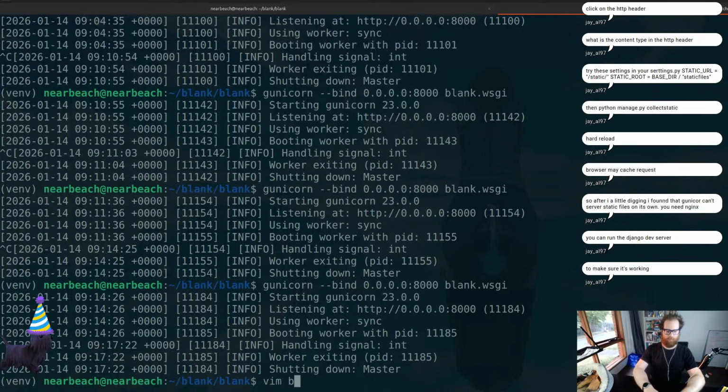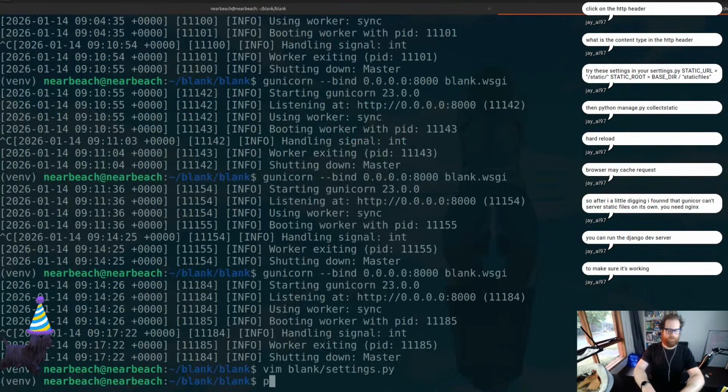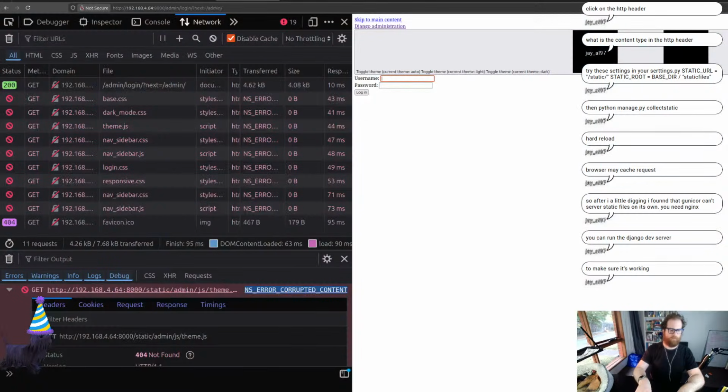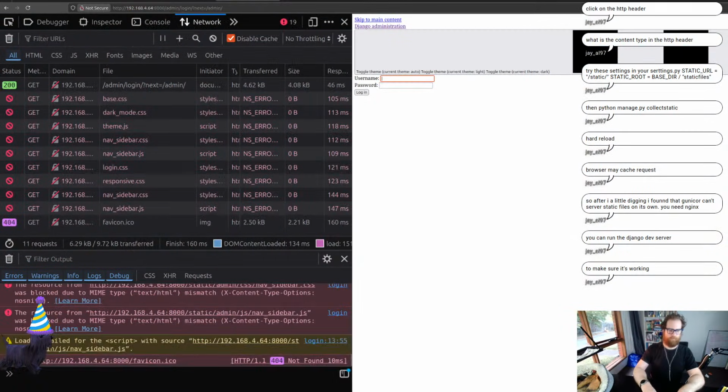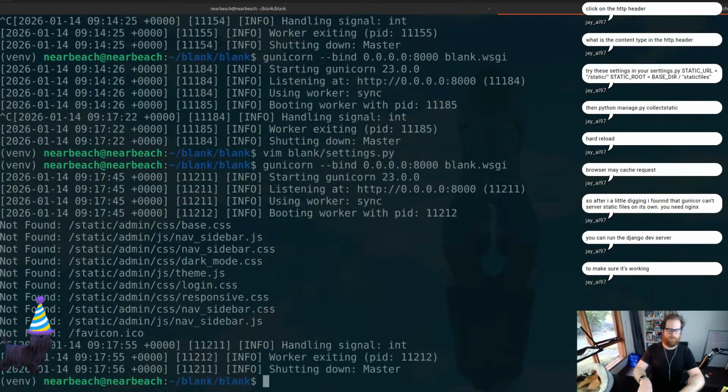Vim settings. We want debug. We're just gonna go True. And if we go, let's have it through. No, it won't. All right. No, because it won't serve that if